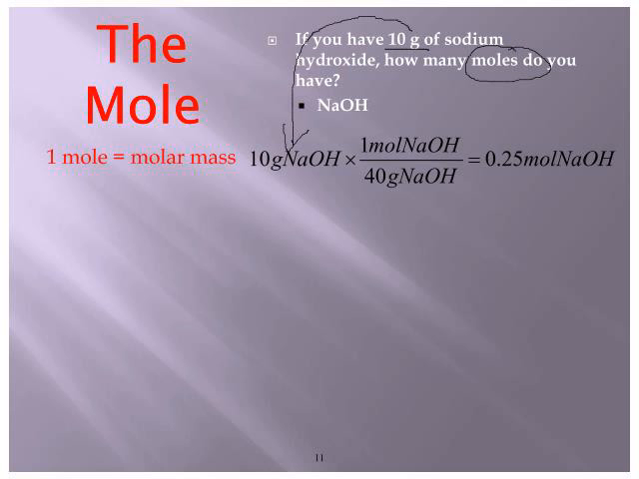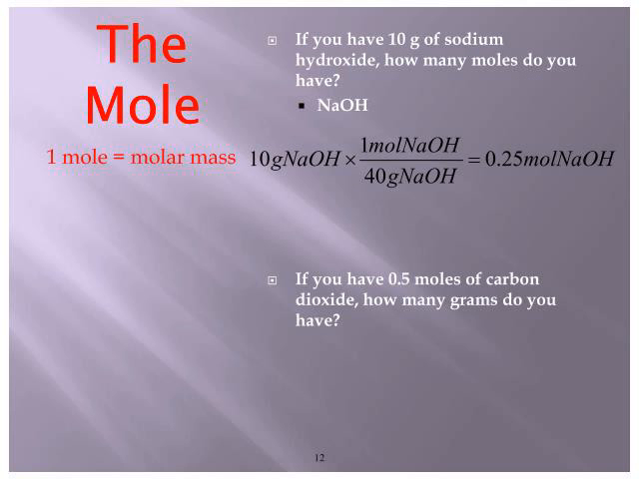We want to know moles, so we have 1 mole on top, and then the molar mass. This is the molar mass, and yes, I did round for notes purposes. So you have 10 times the 1 divided by 40, and that gives you 0.25 moles of NaOH. Well, if we want to go the opposite way,